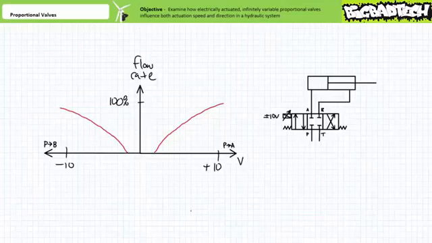Not sure if you can see it, but the P to A direction is supposed to be steeper than the P to B direction. Importantly, we customarily assume this system is set up such that the cap end is hooked to the A actuator port and the straight-through position extends it. This is to suggest that a cylinder making use of a proportional valve may extend slightly faster than it retracts given an equal magnitude of applied voltage, yet of opposite polarity. This may seem counterintuitive to those of you that are versed in flow rate and volume calculations. However, it shouldn't be,